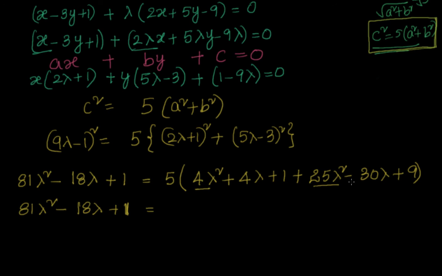square, 25 lambda square is 29, 29 into 5 is 145. So I will have 145 lambda square, 4 lambda minus 30 lambda minus 26 into 5. I will have minus 130 lambda. I am skipping a step there, but I think you should be comfortable with that. 1 plus 9 is 10, 10 into 5 is 50. Okay. So this will give me